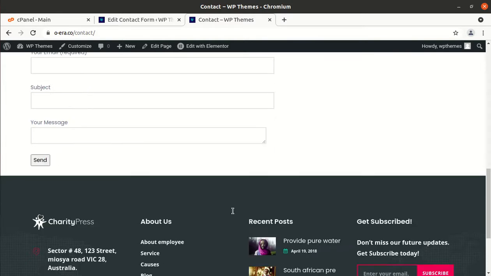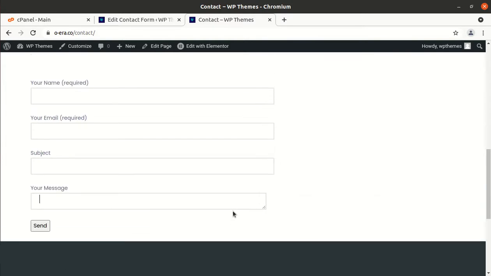So, you might be getting spam and unwanted messages because this form does not use the